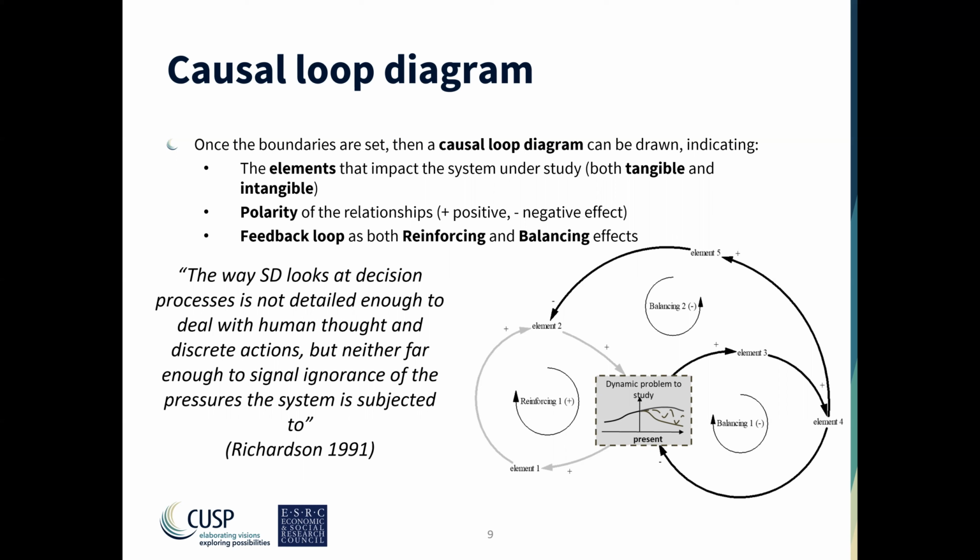Now, if the feedback loop is a sum of a lot of positive dependencies, that will become a reinforcing loop. And instead, if we have some negative effects in the loop, they are balancing. In particular, the general rule is that if the number of negative relationships in one particular loop is odd, then that feedback loop will be a balancing loop, which basically means that an increase in one particular element will define automatically, through the rest of the system, a decrease in itself. So it will balance out.